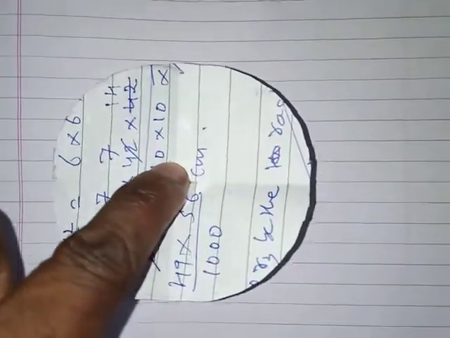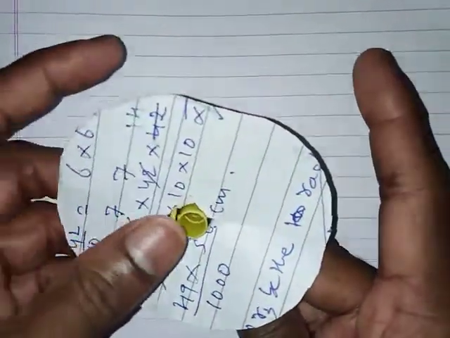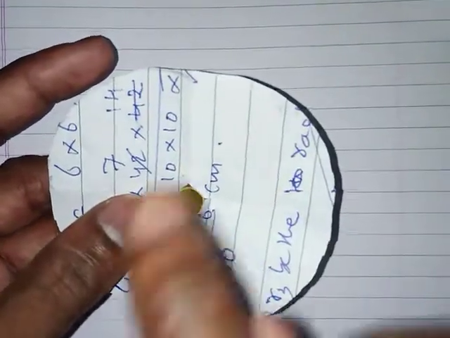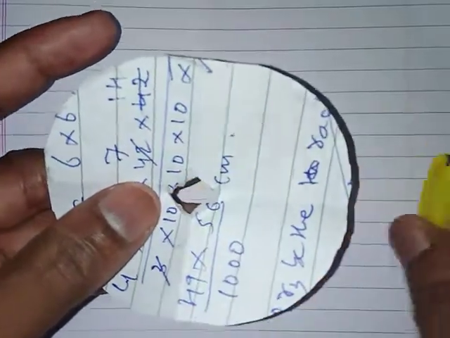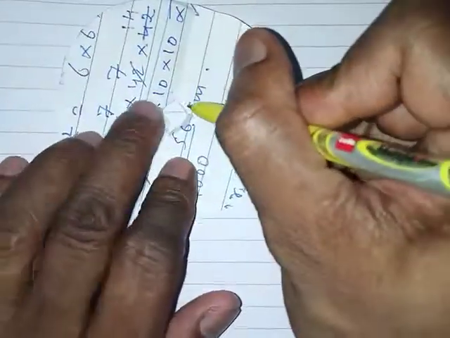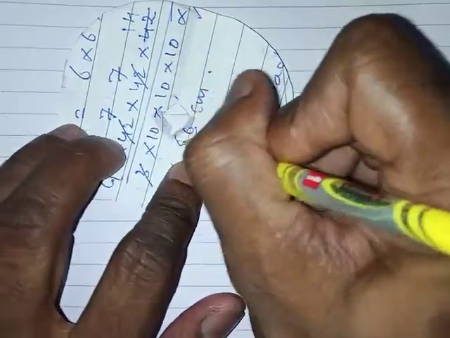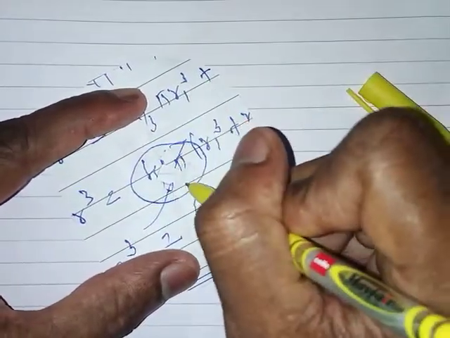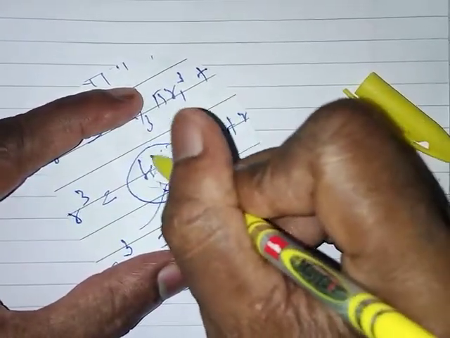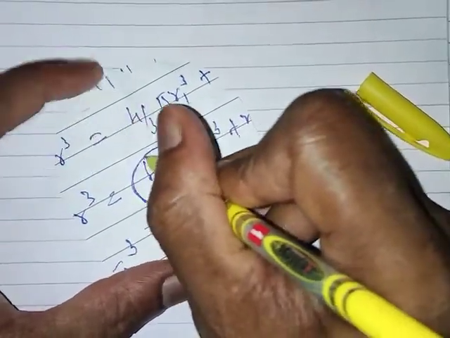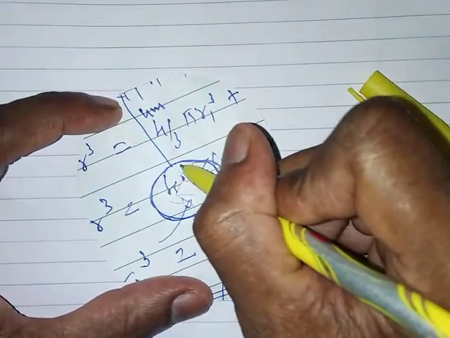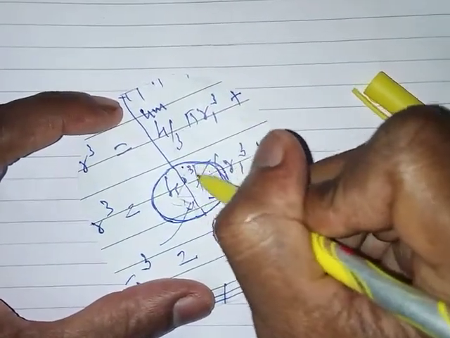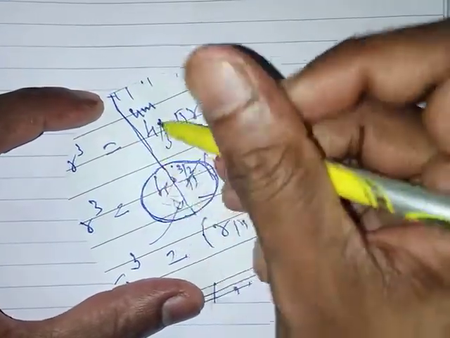What is the height of the embankment when the well is dug out and the mud is spread around it? Then you have to find the height. So this is a radius. If you see this radius inside, we say it is 3 by 2, because it is given 3 by 2. Then around this, the width is given as 4 meter. This is 3 by 2, the radius. This is the width. Got it?